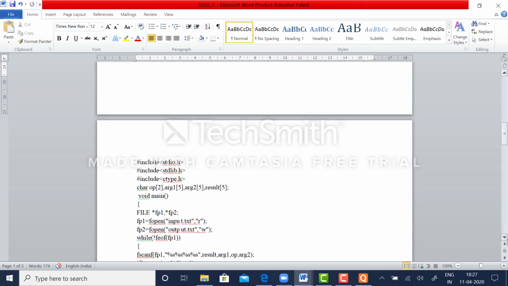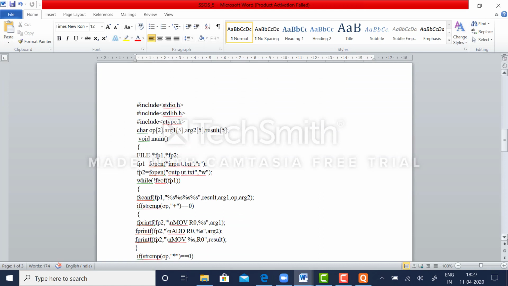So we'll see the C program. Here these are the preprocessor directives. We are using stdio.h, that is your standard input output library, followed by the standard library, and we are using ctype because most of our arrays are of character type.